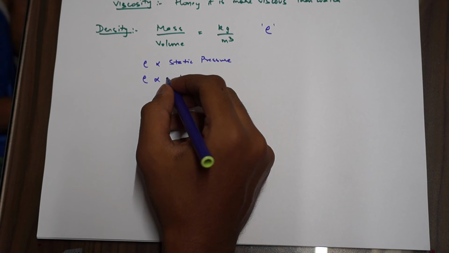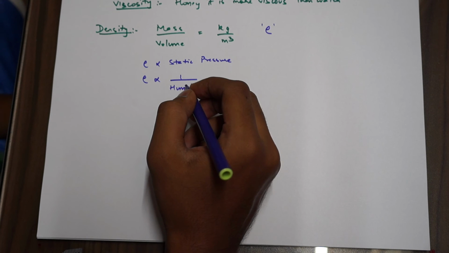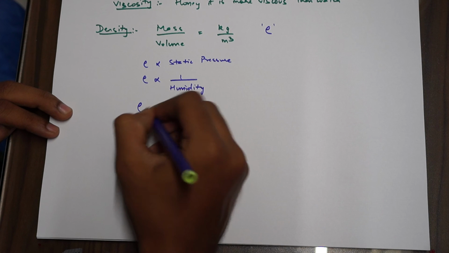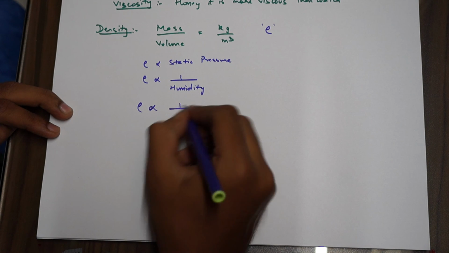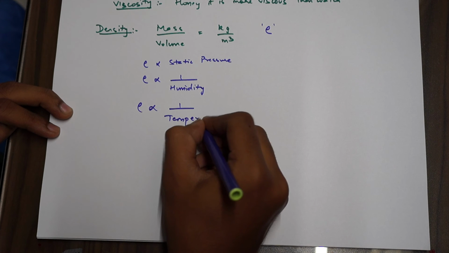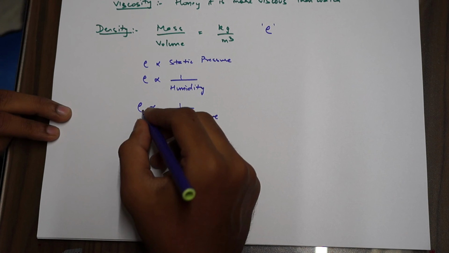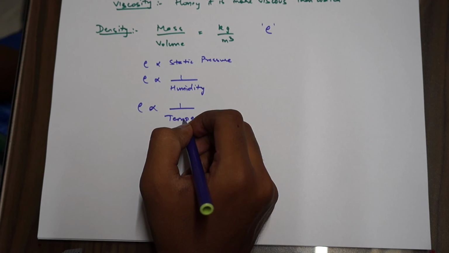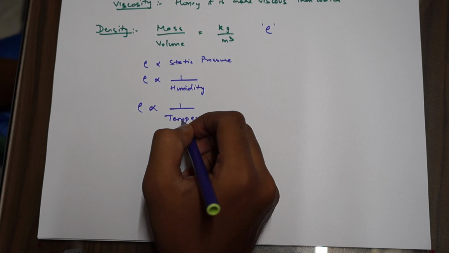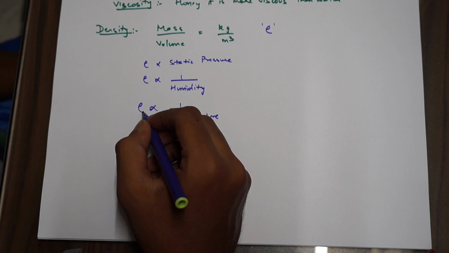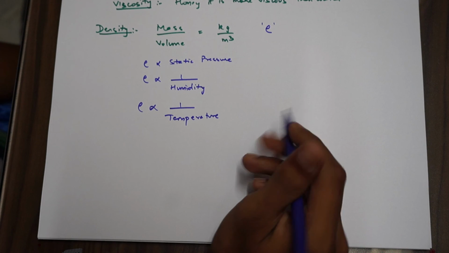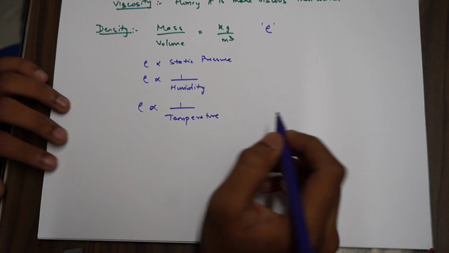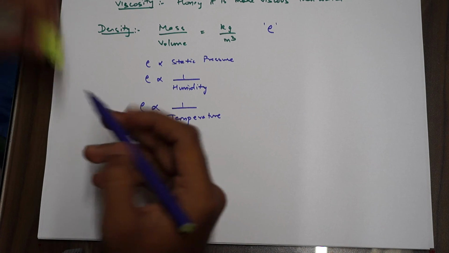Okay, so for example, say Chennai, where places near the coast, humidity is more, the density of the air is less, and rho is inversely proportional to temperature. So higher the temperature, lower the density. Okay, so suppose temperature is hitting highs 40-45, the density of the air is low, and hence there are further problems to fly an aircraft. We'll discuss in the principles of flight coming up. Okay, now next comes the